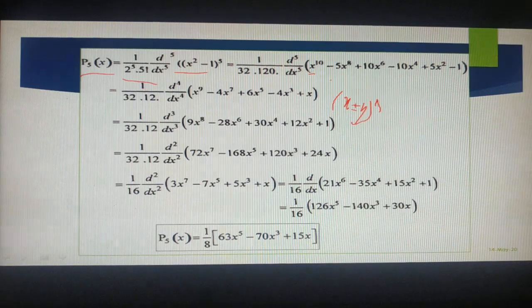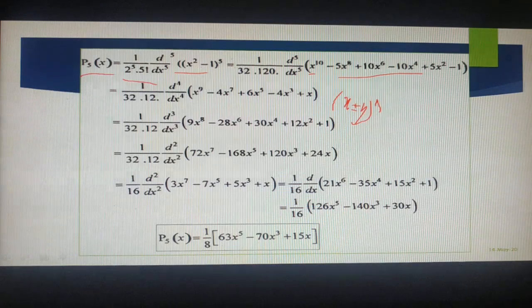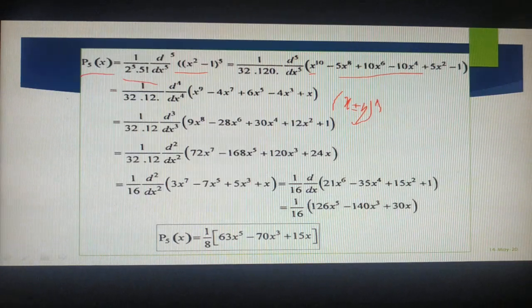Okay, so expand. After that you please do the differentiation. While doing the differentiation, it will be easy for you. Without expansion, if you are trying to do this, you always have to multiply again and again, 5 times. Really it's a tough task. You can do it that way also. How can we do it? 5 into (x square minus 1).